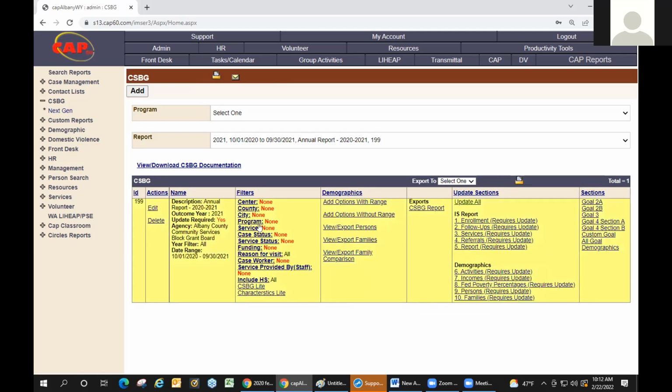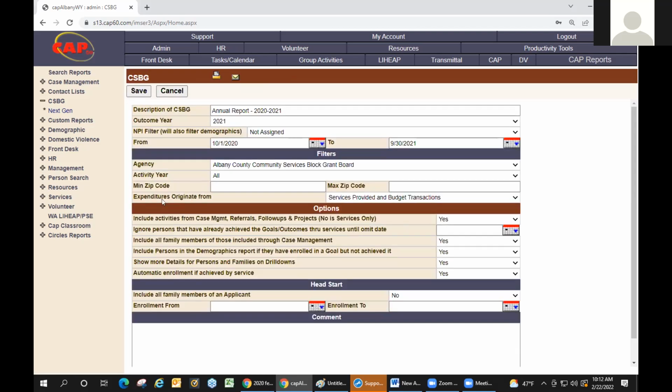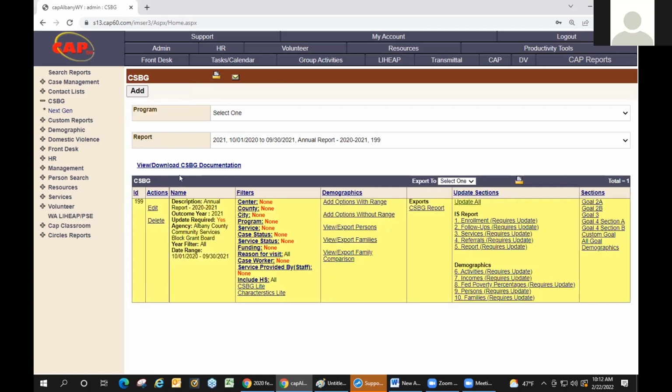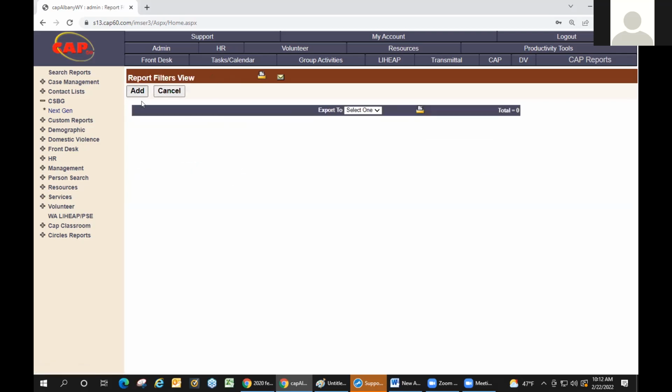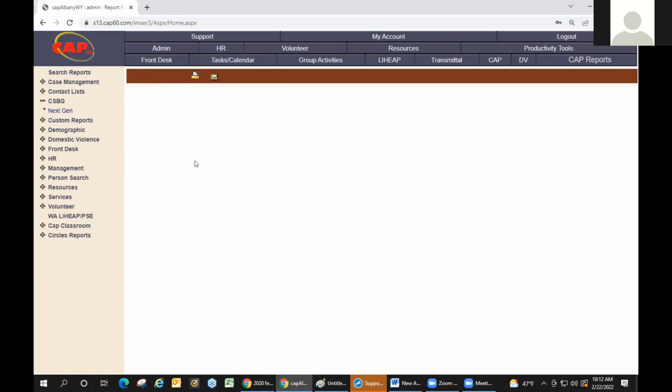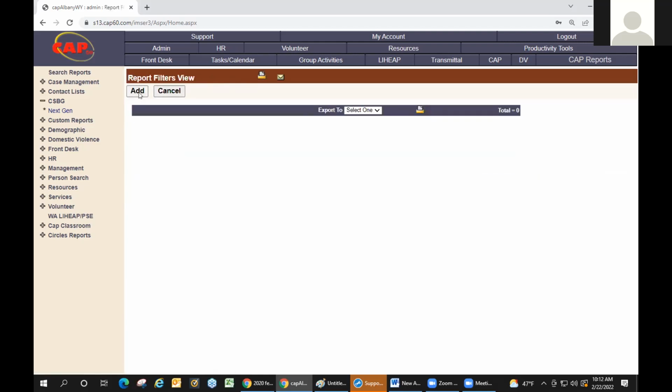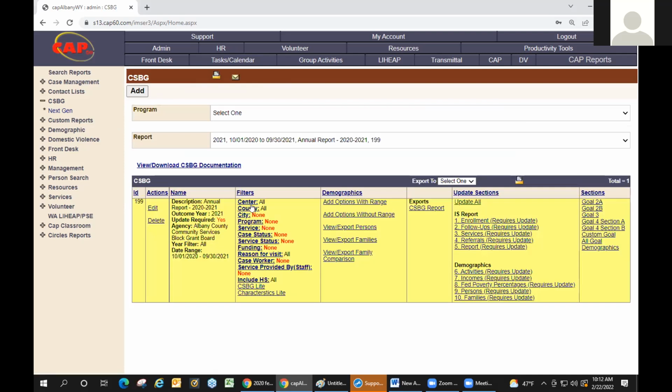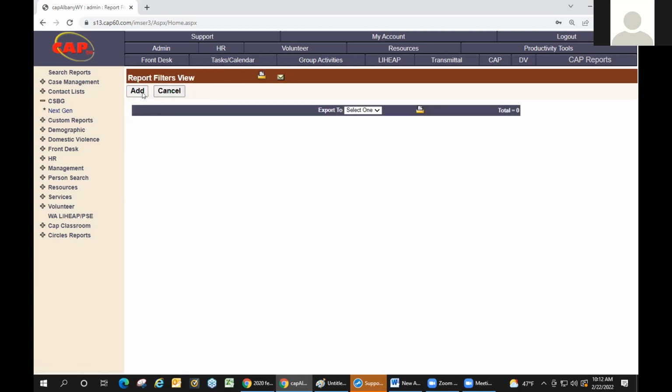Otherwise, again, it's going to show up like this. And even if you try to edit, that little checkbox no longer appears, so you'll literally have to create a new one. But in this case, I can also just add which centers I'm reporting for, which counties. So the question that came up, if you have to report counties separately, this is how you would do the county breakdown. Right now I'm in the CAP Albany database, but if you have multiple counties, you can run reports specific to county. So I'm just going to add all these different parameters really quickly,